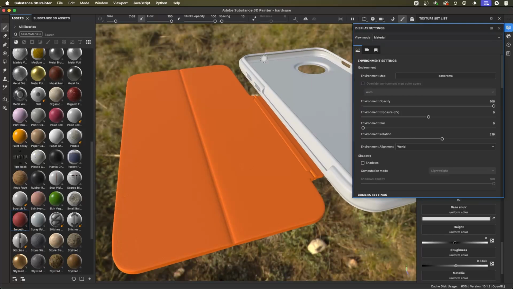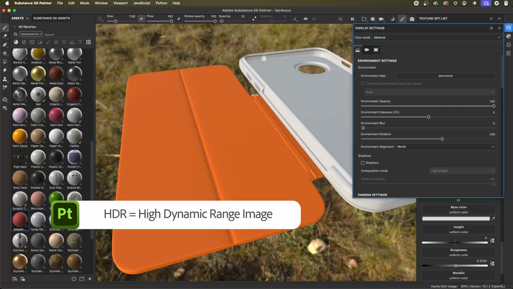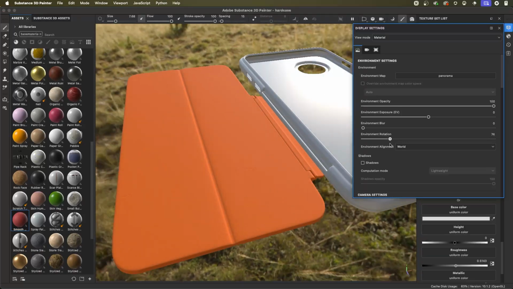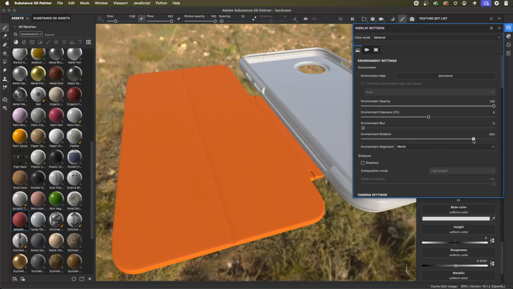You can see there's this sphere mapped around the scene, and there is a texture map applied to it. And this texture map is what's called a high dynamic range image. All of the lighting in Substance Painter is coming from this HDR image. Now, if I want to change the lighting direction, what I need to do is change this environment rotation. So if I move the slider, as I start to rotate the environment,